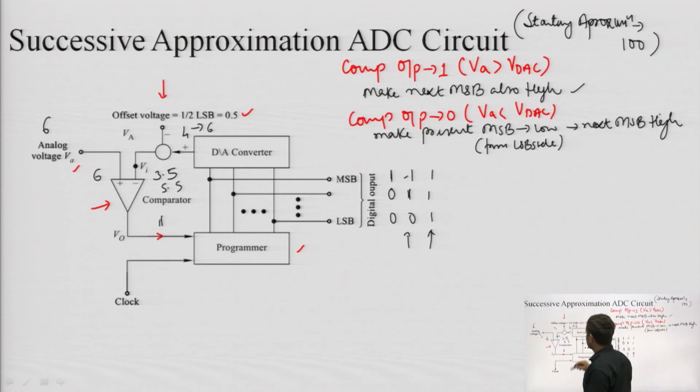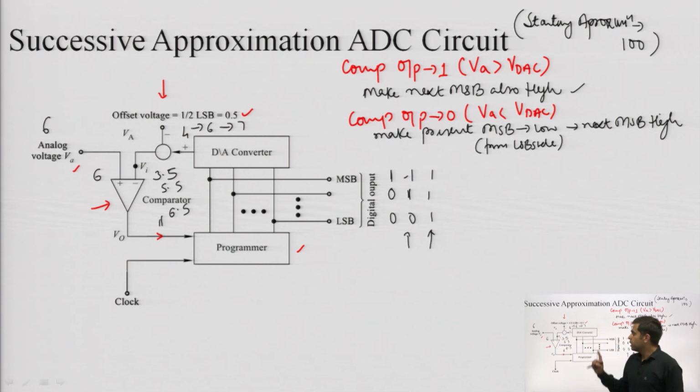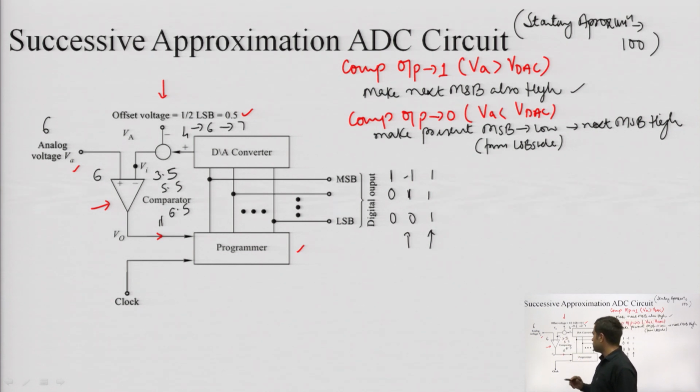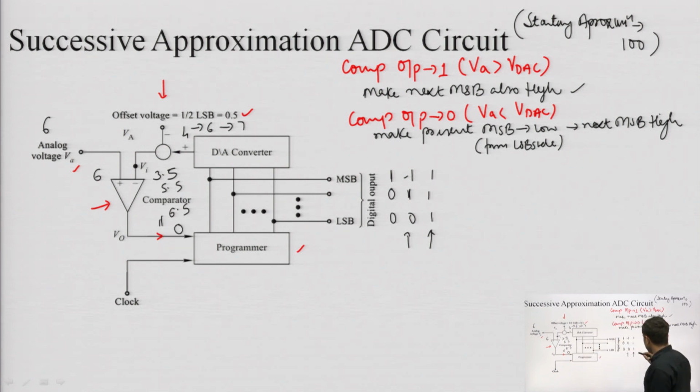7 will go back to the circuit, it will become 7. 7 minus 0.5, it will now become 6.5. And here, for the first time, the comparator output has exceeded the negative terminal value, the positive terminal value. So this will now be 0. Now if it is 0, then it will start looking from the LSB side, whatever is the first MSB, it will complement it to 0 and the remaining values will be retained. So this is how it will be reaching 110.